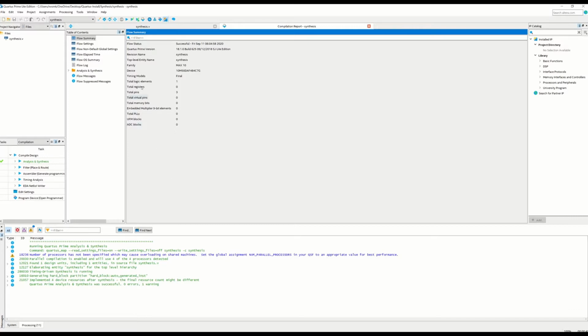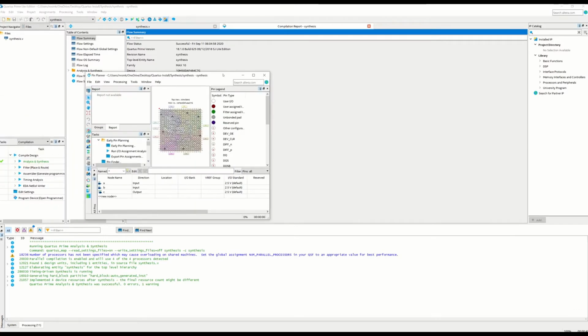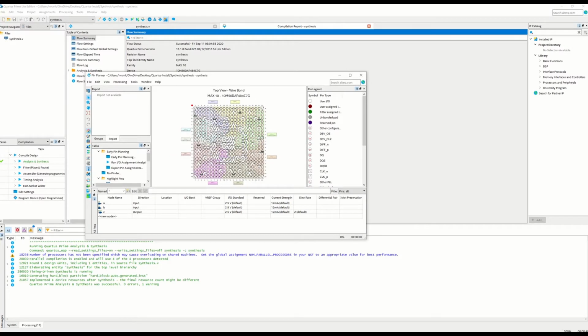So for that, let's go to assignments, and in here you can see something called pin planner. So you want to click there and it will open the board you have selected, and in our case it is MAX 10, whatever this board is. So this is the board we have selected. So internally your board has these many number of gates, and to understand what these pins exactly are, you can go to the DE10 Lite user manual that's also in your files section, and in that you should have different locations of your pins at different places in the manual.